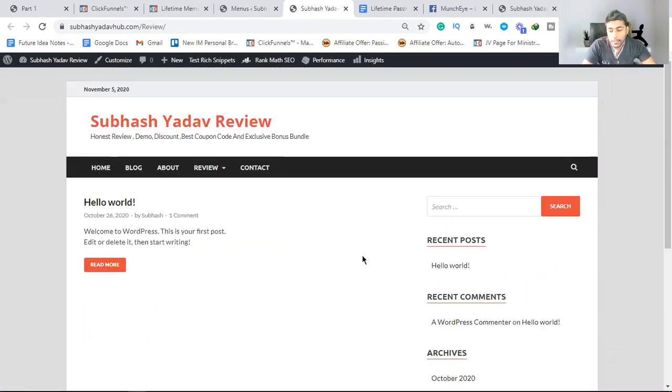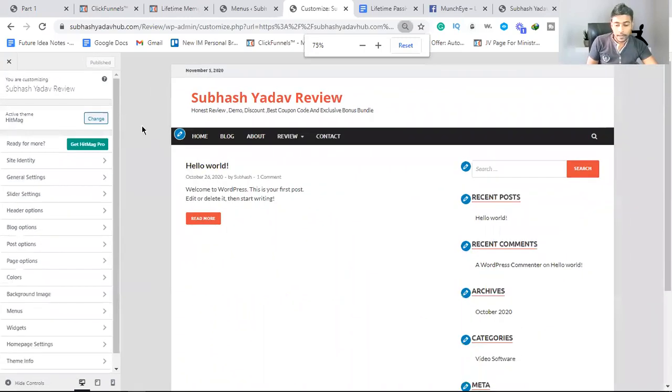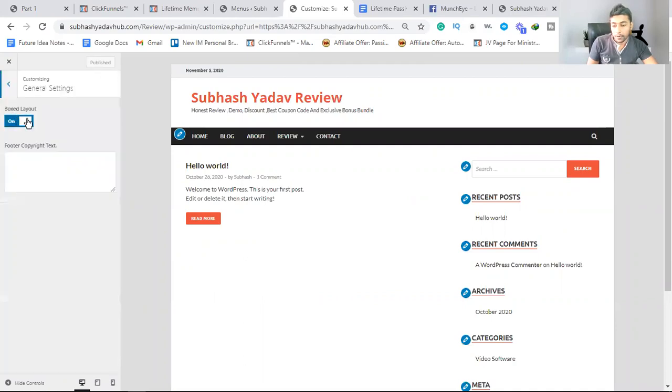And one thing is important here. If you want to make your website full width, here is sidebar, no sidebar. So simply click on here and customize. Simply click minus, and if you want to remove this, simply click on general setting and boxed layout.